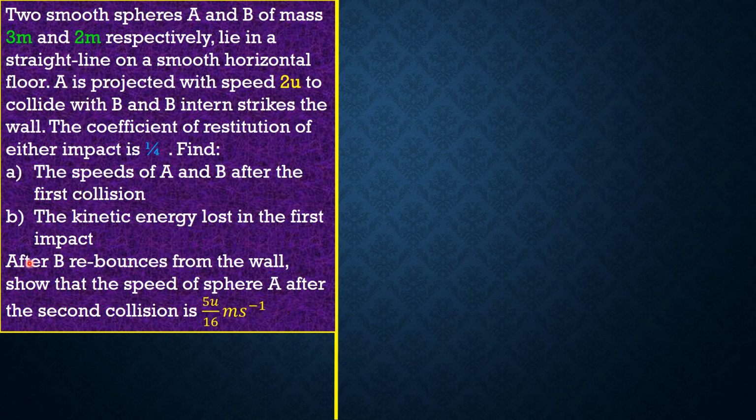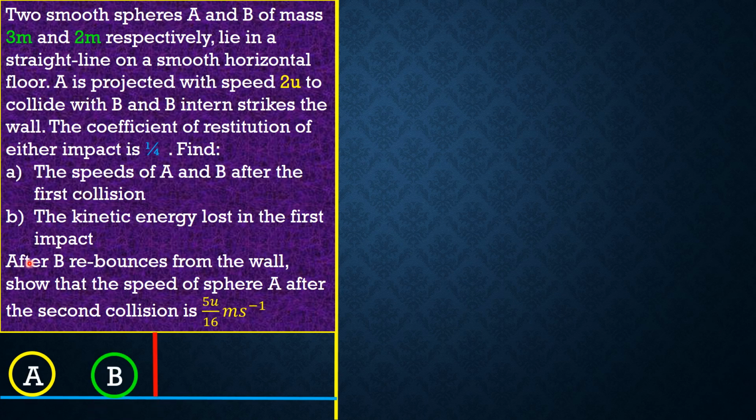Okay, so friends, let's picture the scenario. Let's say this is the horizontal floor. This is sphere A, then this is sphere B. Then this is our wall, because the question talked about the wall, and the sphere that strikes the wall is sphere B, since sphere B is between A and the wall. Sphere A has a mass of 3m,